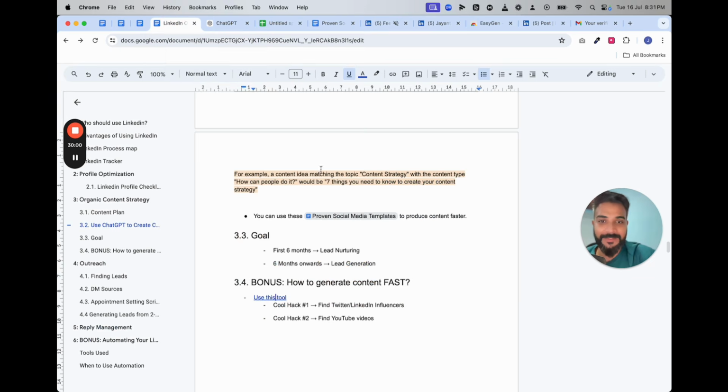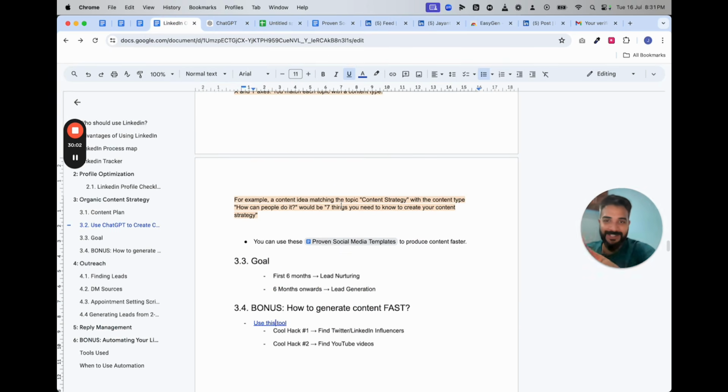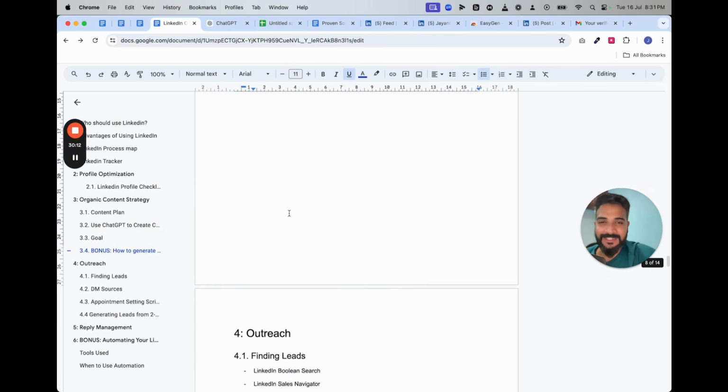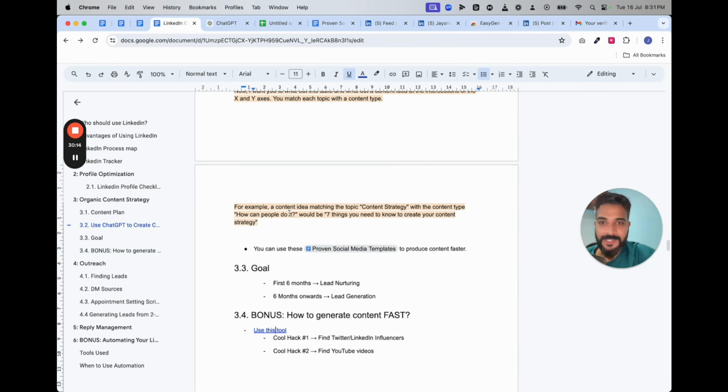Now you can do the same thing, right? Literally, I just got 2 posts ready in like 5 minutes while explaining to you. If you want to do it yourself, I think it'll be even faster. You can use this tool or you can use these templates, anything, totally up to you, right? But post a lot of content.